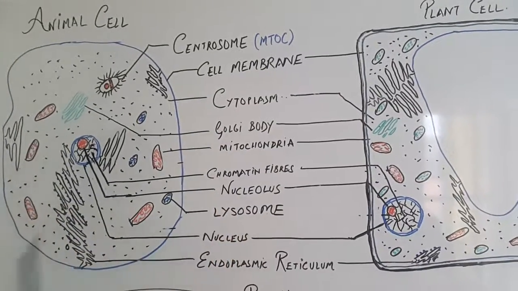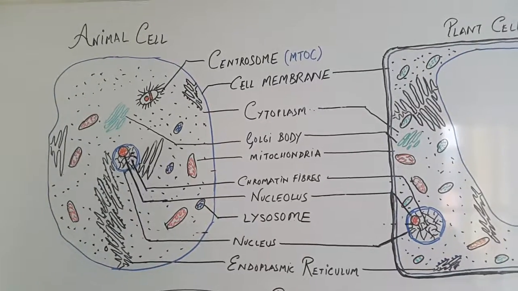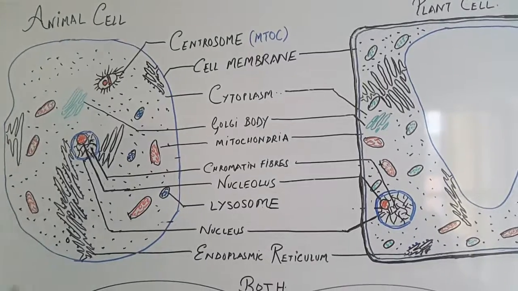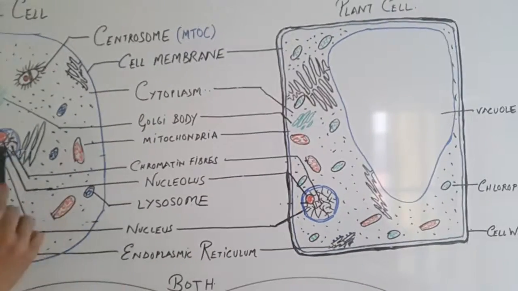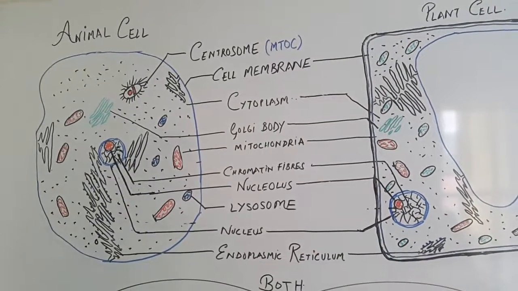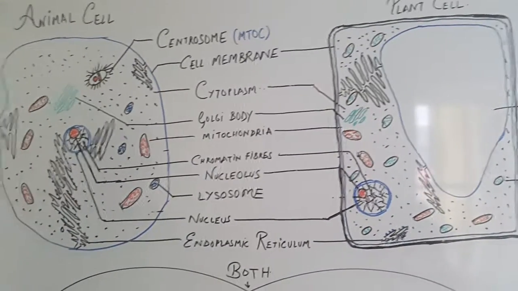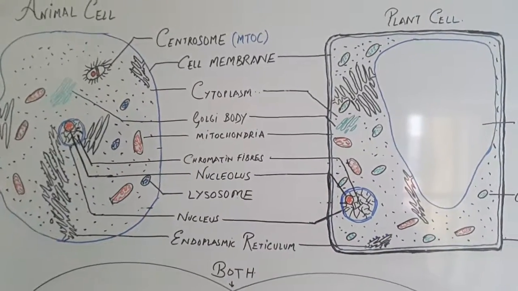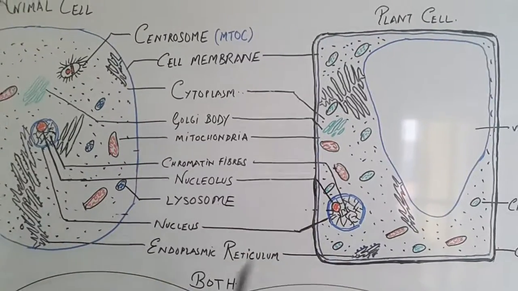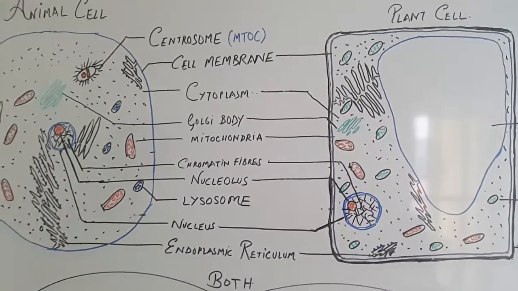Next we have the Golgi bodies. It is concerned with the secretion of the cell. So enzymes, hormones, all these things will be secreted by the Golgi bodies. Then you have the nucleus in both the cells, plant as well as animal cell, and nucleus will regulate the function of the cell. You have the nucleolus within the cell. Nucleolus will help in the formation of ribosomes and thereby help in the formation of proteins. Inside the nucleus you see the network of chromatin fibers. So these chromatin fibers will carry the hereditary information or the genes.